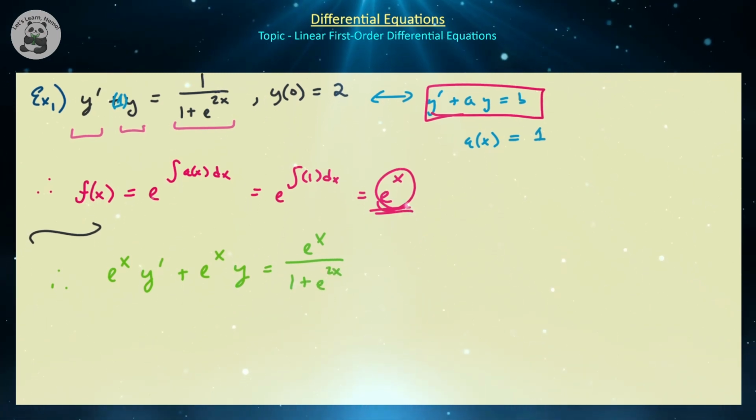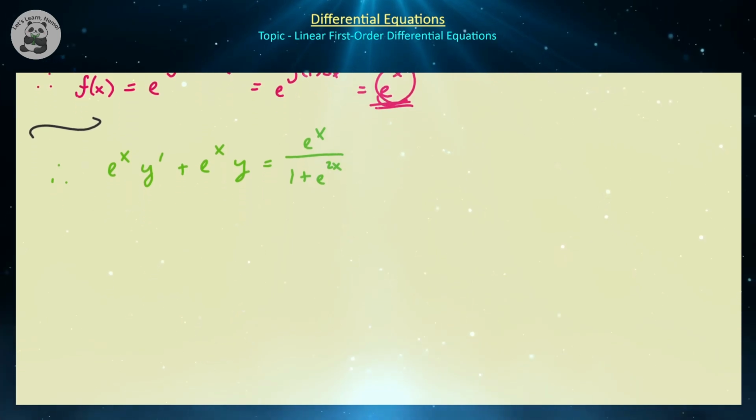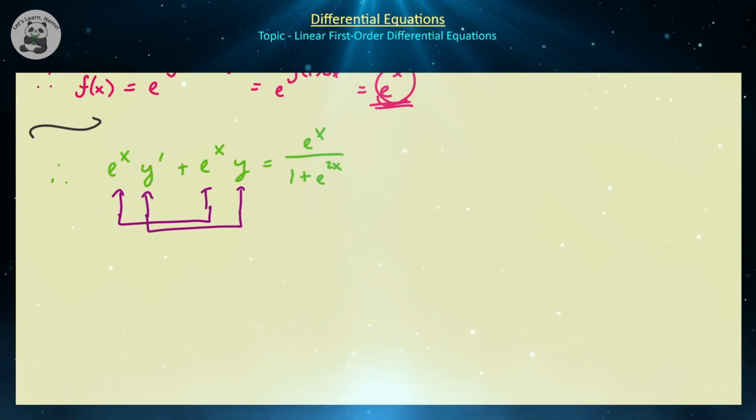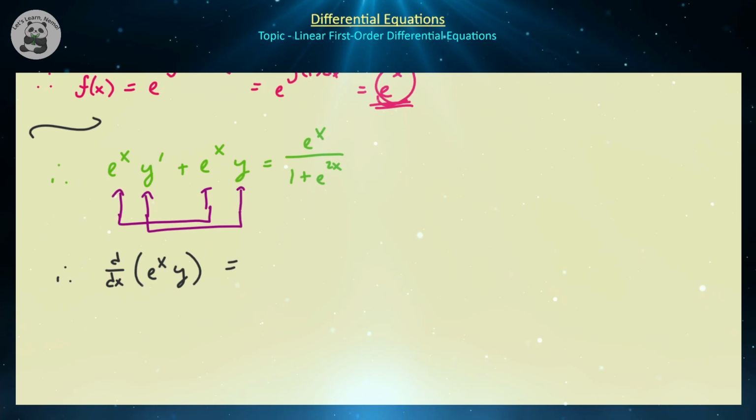So if you look at what we have here on the left-hand side, we have the first derivative of the second plus the second derivative of the first, because the derivative of e to the x is itself. So this is indeed a backwards product rule on the left-hand side. So on the left-hand side, we have the derivative of e to the x times y. And on the right-hand side, we have e to the x over 1 plus e to the x